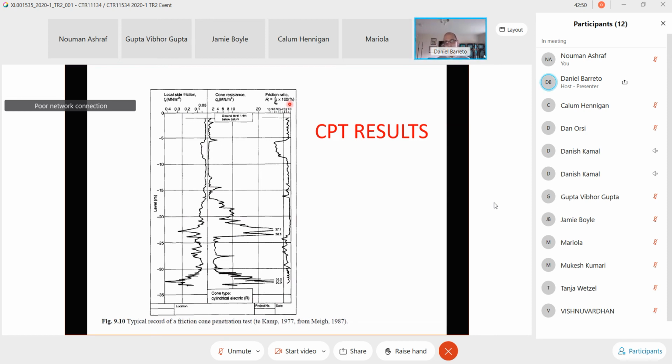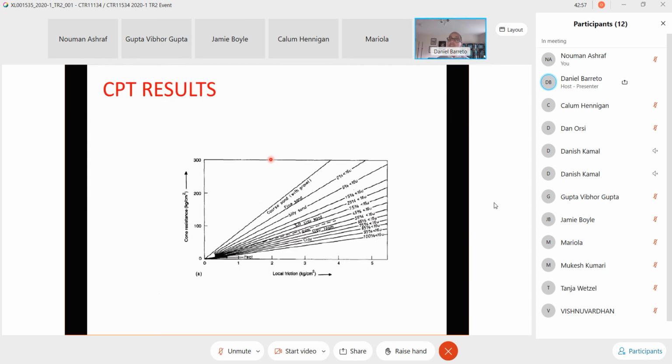And the reason you get that is that the combination of those two parameters is actually quite useful, not just to identify soil types that you then confirm with the actual samples that you get from limited positions close to that prospection point, but yes, you can see that, for example, friction against resistance, or in other words, the slope of that line, which is equal to the friction ratio, gives you a good indication of the type of soil